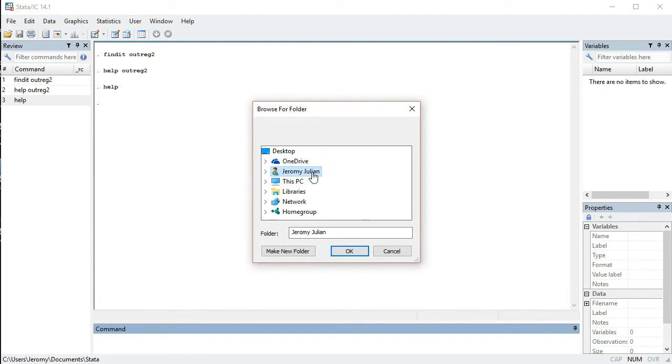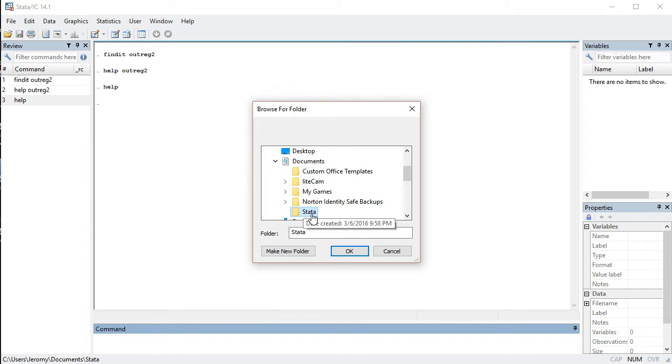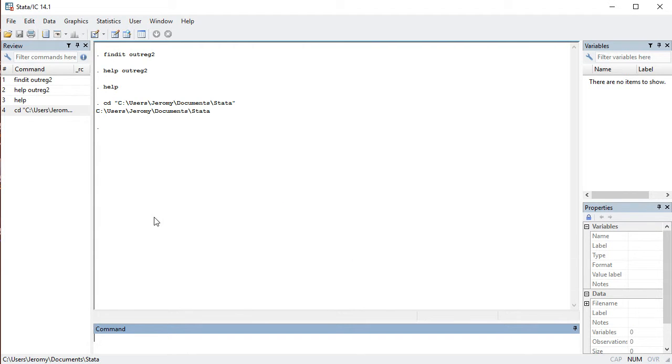We changed the working directory so we could choose where we want our document to be saved. So you just go to File, you go to Changing Working Directory, and then you choose where you want it to be saved. I'm going to save it to my Stata file here. Hit Enter. Hit OK. Another option is you can use this command, the cd command, and it's the change directory